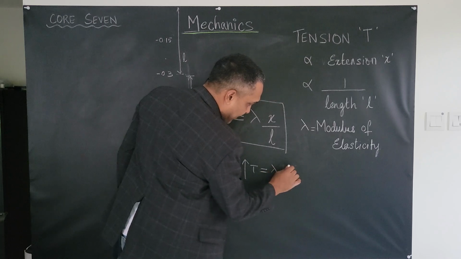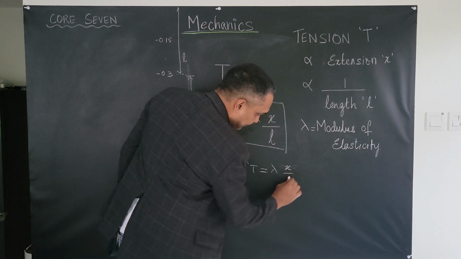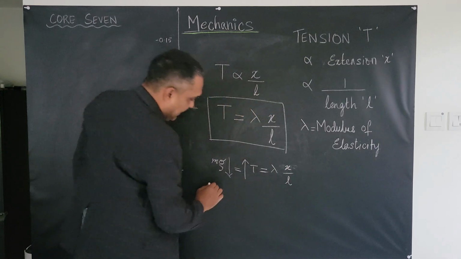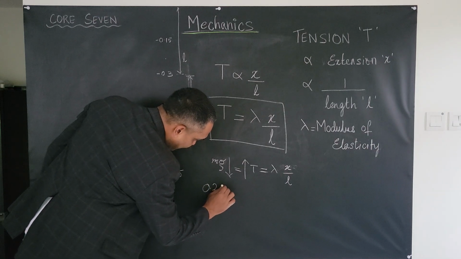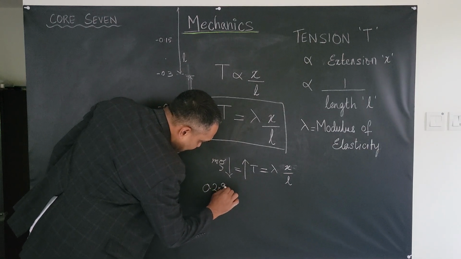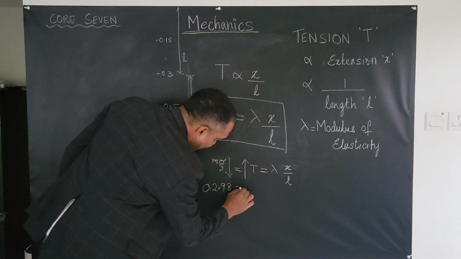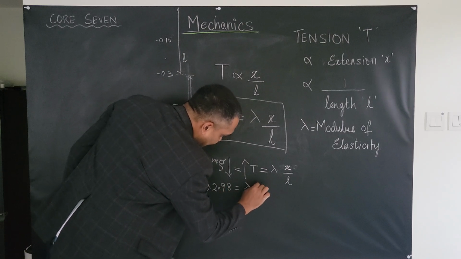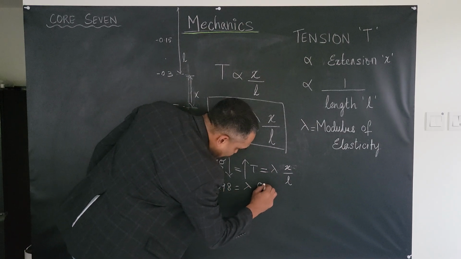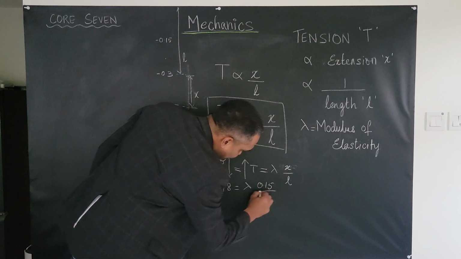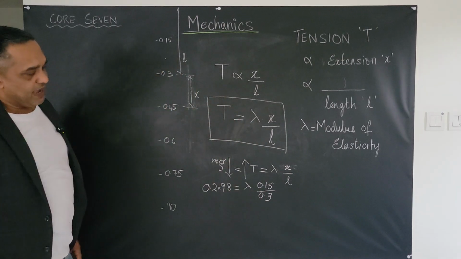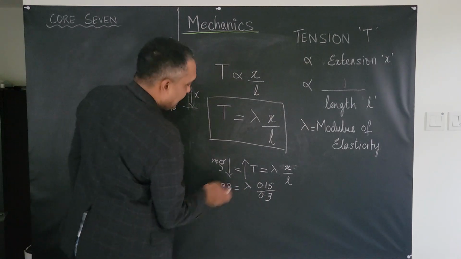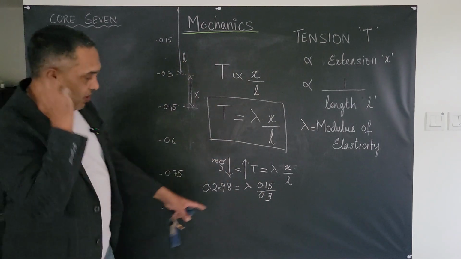Maybe I should write x by L. And then if this was 200 grams, that's 0.2 kgs times 9.8, and then you would equate that to lambda, and if x was 0.15 and L was 0.3, you can see how the math would easily solve to give you a modulus of